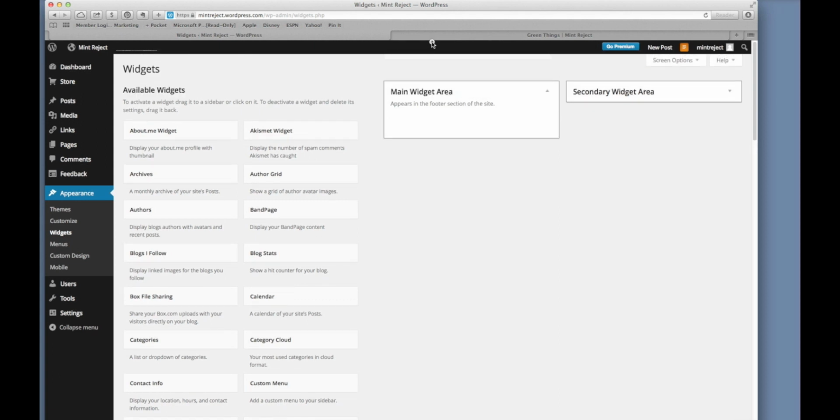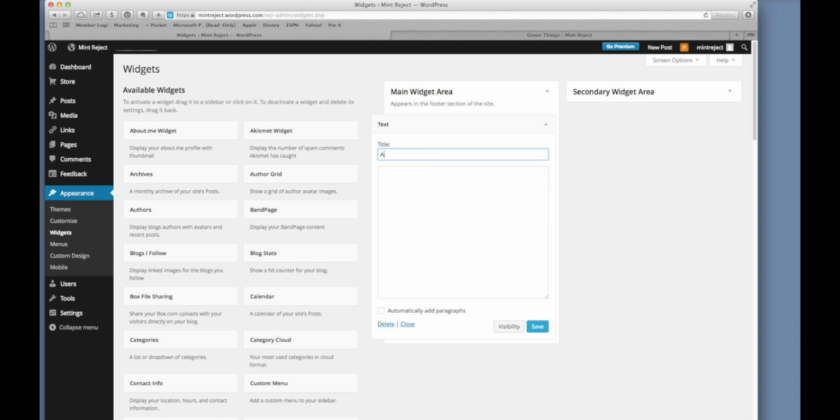The first thing we're going to do is take a text object, just an ordinary text object, and drop it in the main widget area. This is going to be our About Us widget. And so it's: we love green things, and join us in a quest for greeniness. We'll save that. Now when we go back to the main page, we refresh,